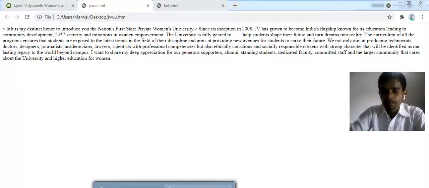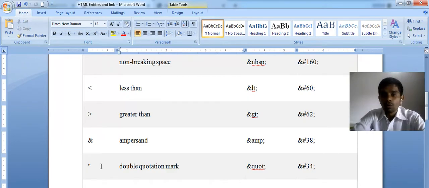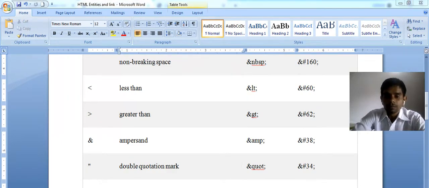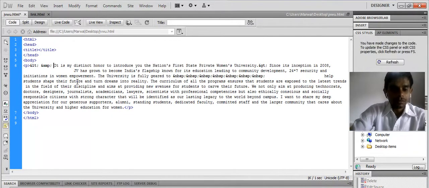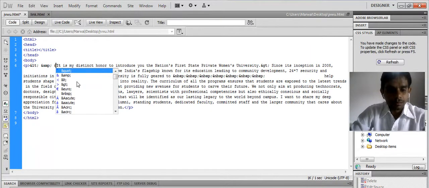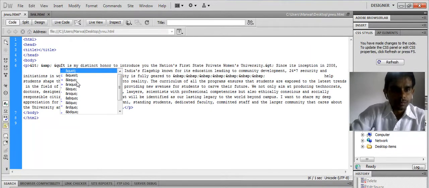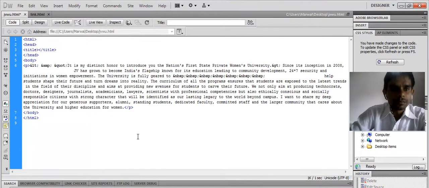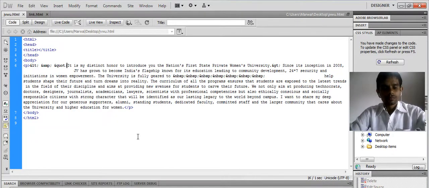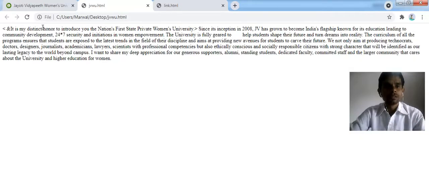If I want to use double quotes, write ampersand quot, then save the document and refresh it.